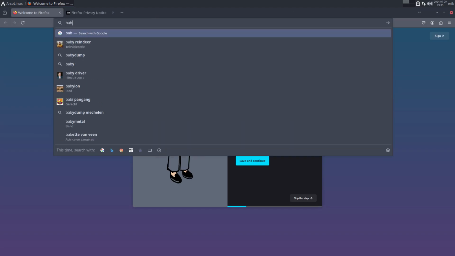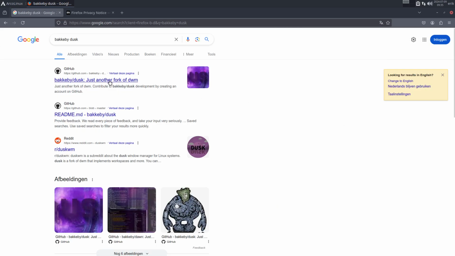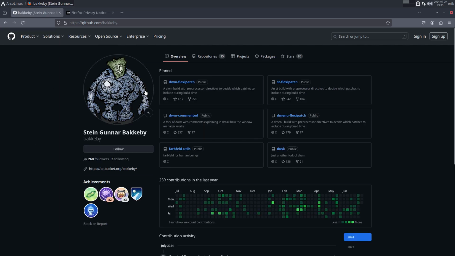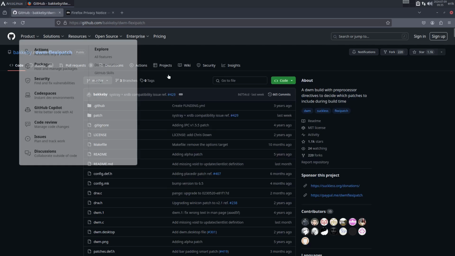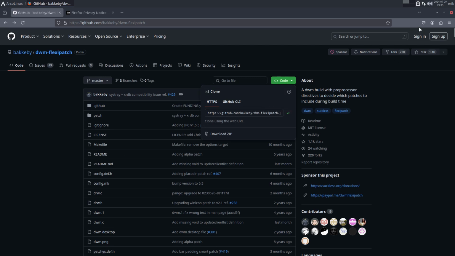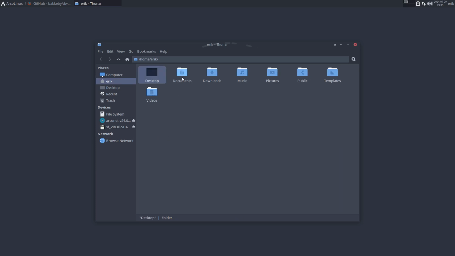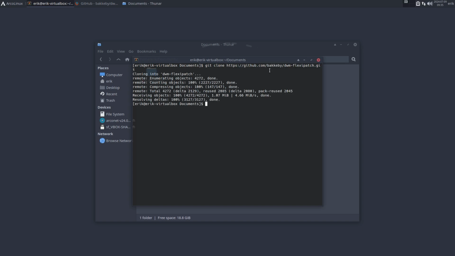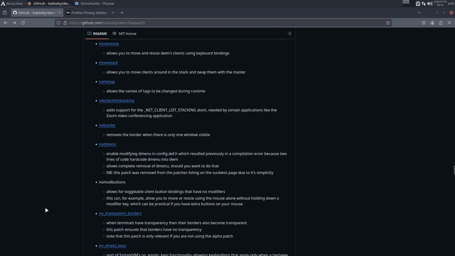So Bakkeby is the name to remember, and then Dusk, you'll get to the place you need to be. Just another fork, and then you go one level up to the repository DWM flexipatch. No, not that one, sorry. This one, copy, let's keep it around. And then we're going to Control H this thing, put it in documents, git clone,